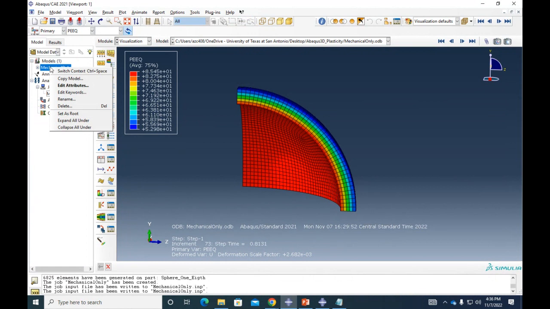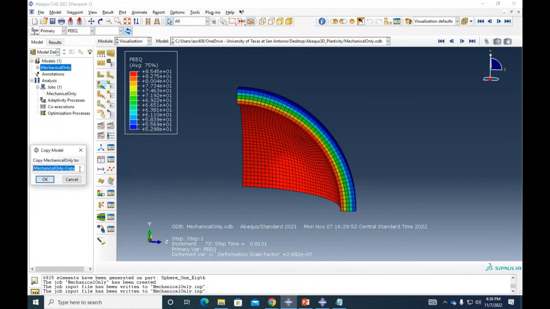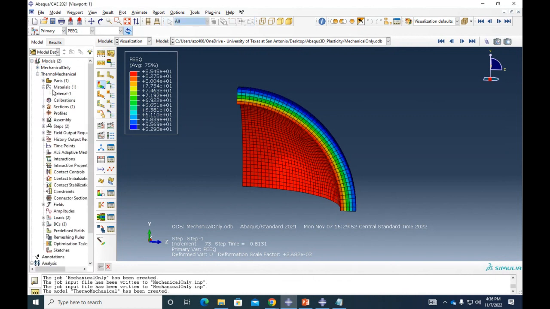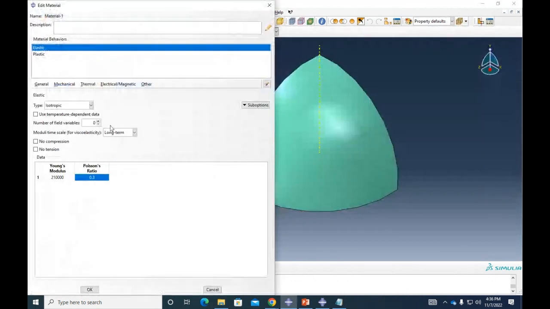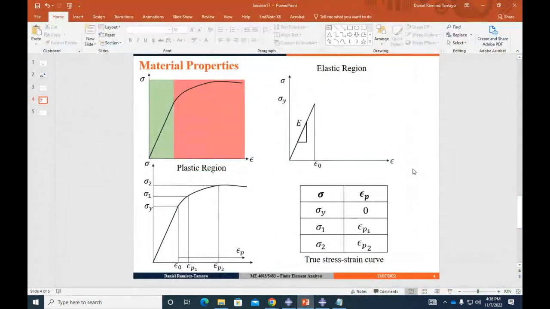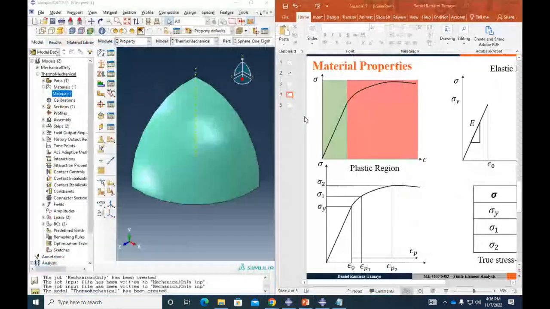Let's copy this model. All right, so I'm gonna copy the model, and then it's gonna be thermal mechanical. All right, let's modify the material. So let's go here to material, and I have to add some heat transfer conditions, or sorry, properties to this in here.